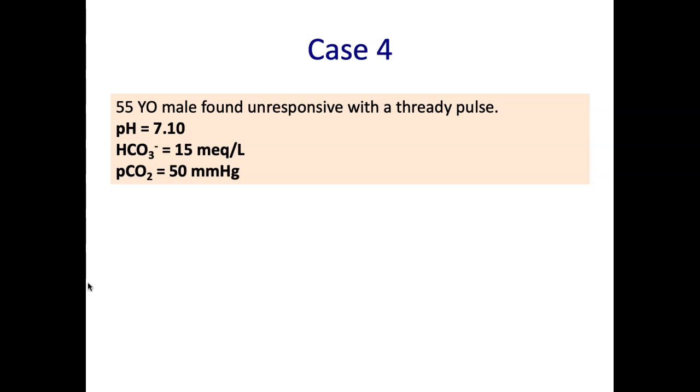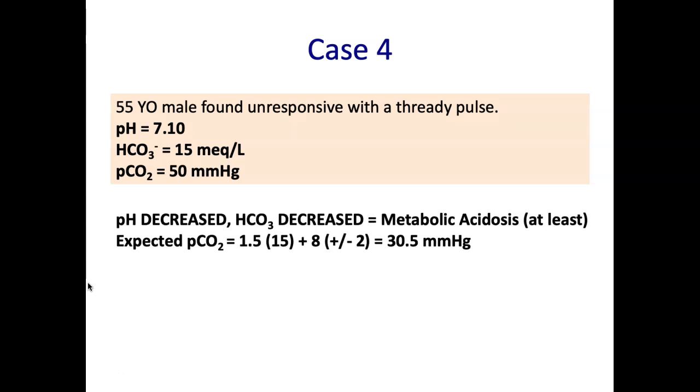So, well, what's going on? Well, you could start from either direction, but at least you could say there's a metabolic acidosis. But you could also say there's a respiratory acidosis because the PCO2 is high. Wow, this could be both going on perhaps. Well, hold on, let's just do one at a time. The pH is low, bicarb is low, there's at least a metabolic acidosis. So let's do Winter's equation. Remember I said it's important?